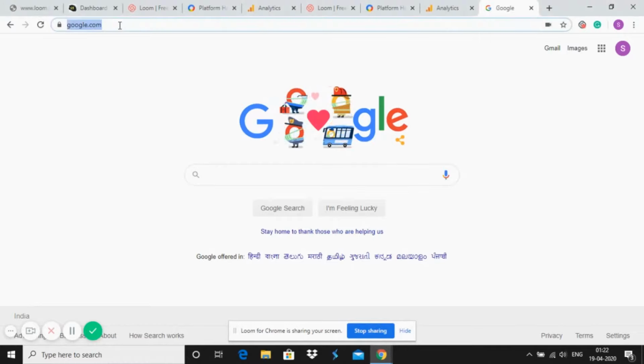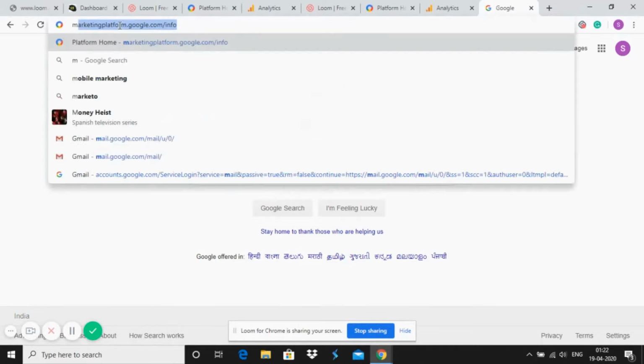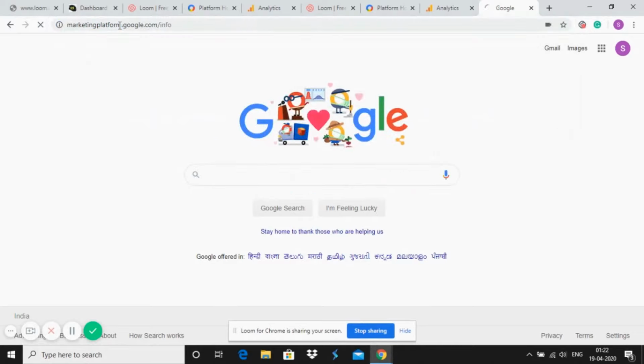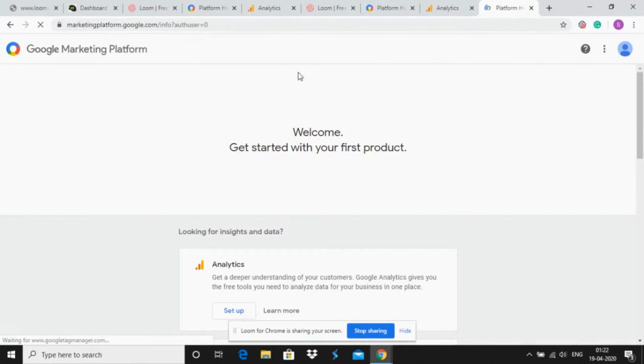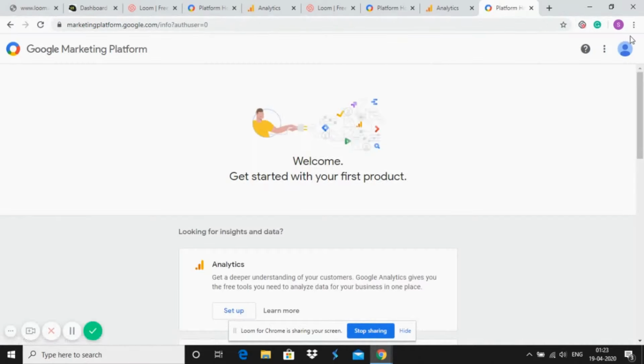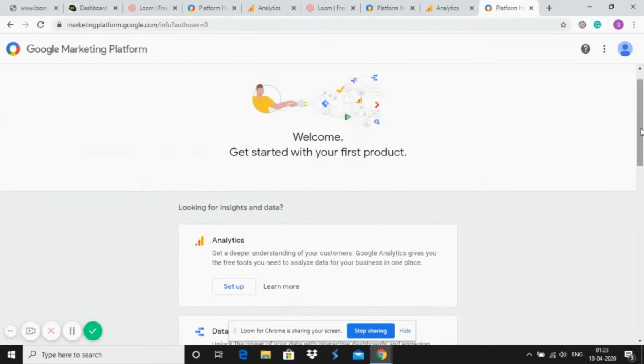Now, first of all, to log into your analytics account, you can either log into analytics.google.com or else you can log into marketingplatform.google.com. So once you log into that, you can see here my login ID. It's already logged into my Gmail ID. So once it is done, you will directly go to analytics. There are also different platforms here, but I just wanted to go to analytics, so I'm clicking analytics setup here. So once I'm in analytics setup,